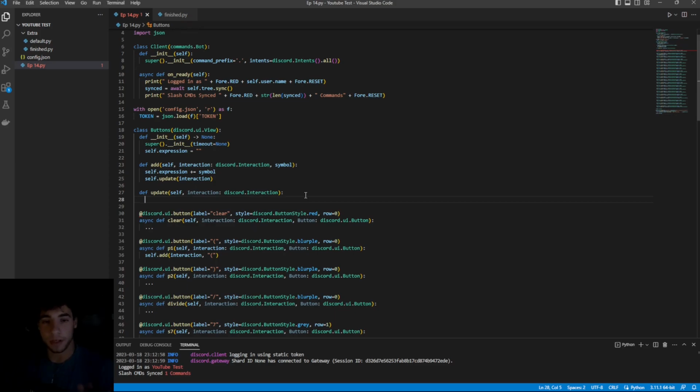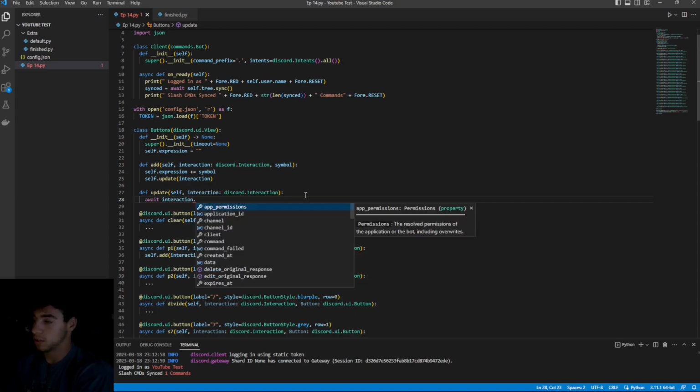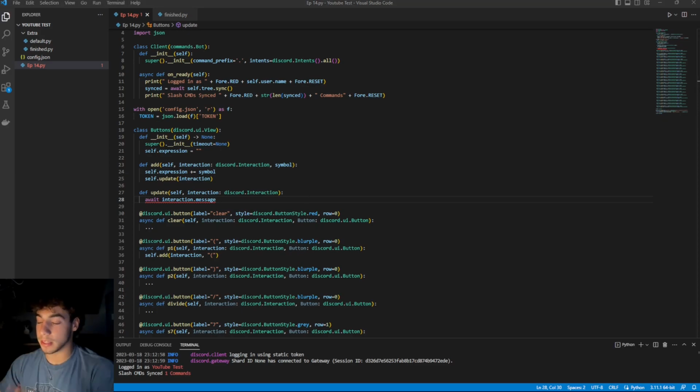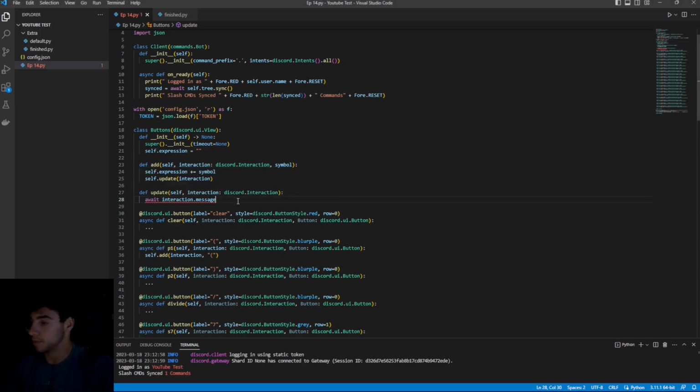Just to separate it and make it easier instead of putting it all in the same one. I like to separate my functions when possible to make it clearer, not only for yourself, it definitely helps you in the long run if you ever get any errors, but also for any readers that are looking through your code. So def update, what do we need to do on this? On this one, we need to grab the message that we're dealing with and change the content of it. So we're going to say await interaction.message. Interaction.message calls back the message that the button is pressed on. Sorry, and then we're going to say interaction.message.edit, and we're going to edit with